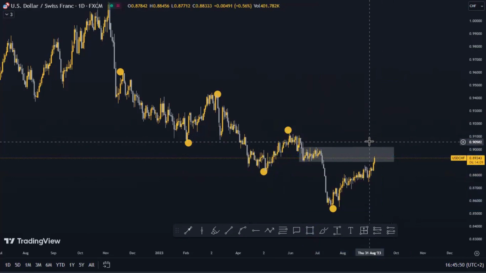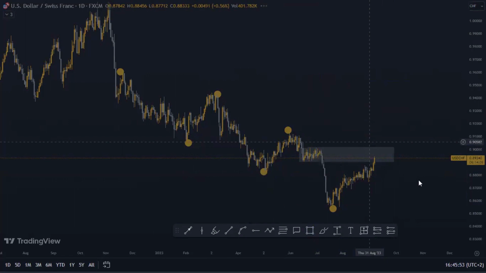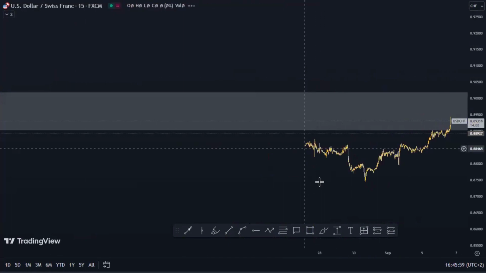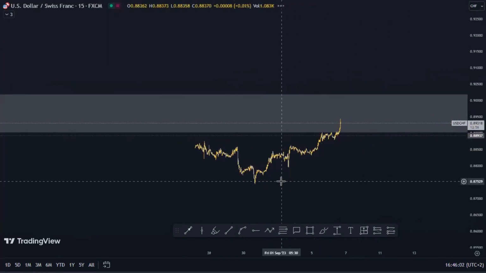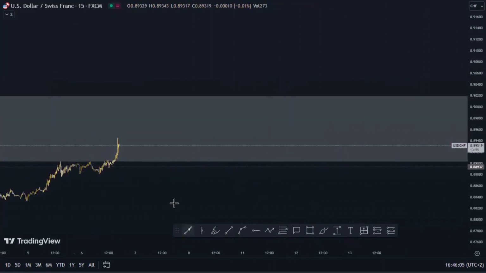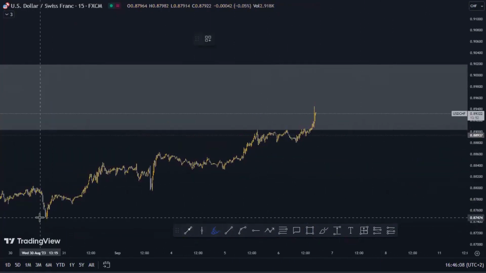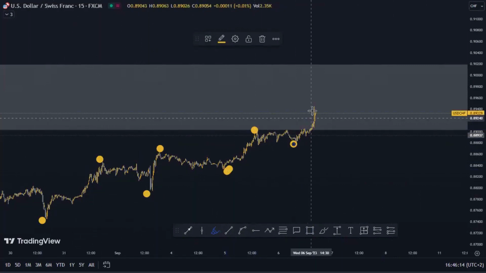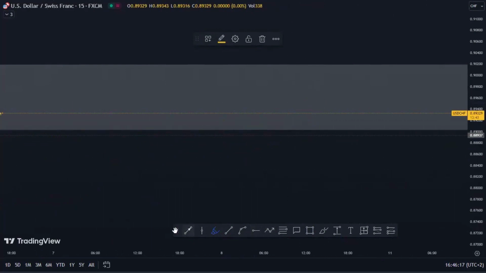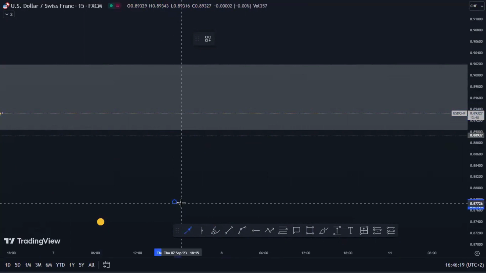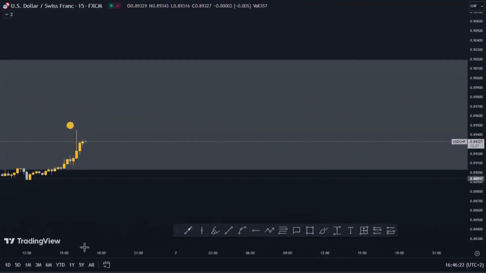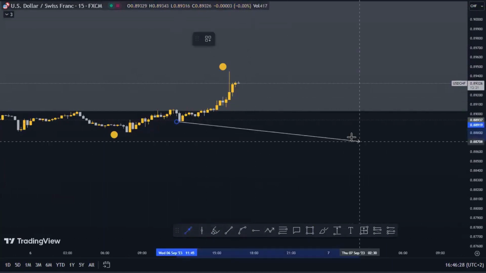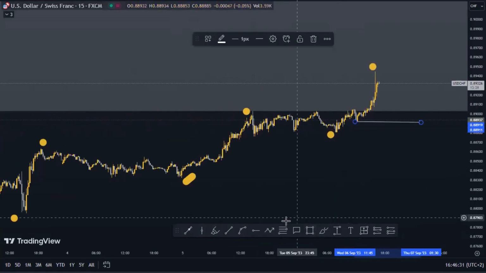We're not going to see it here, but if we step down to a 15 minute time frame, there's a high chance that we can see that. And then we're going to mark up the minor structure now. So this is the minor structure, market pushing to the upside towards our point of interest. So we have a higher low here, a higher high, a higher low, higher high, higher low, higher high, higher low, and a higher high over there. And if we zoom into price, what we're going to see is that the market has already reacted to this point of interest. So what we're waiting for is a break of this low